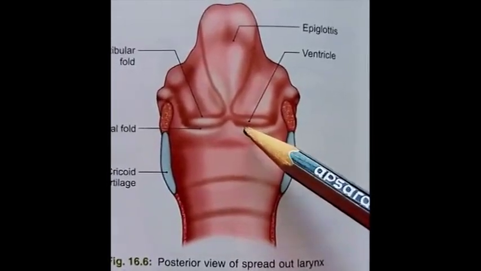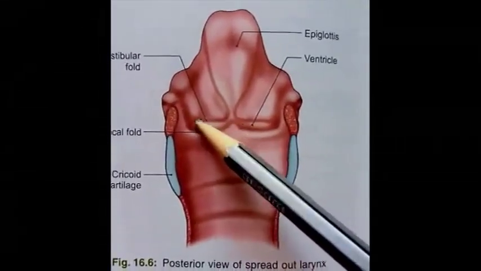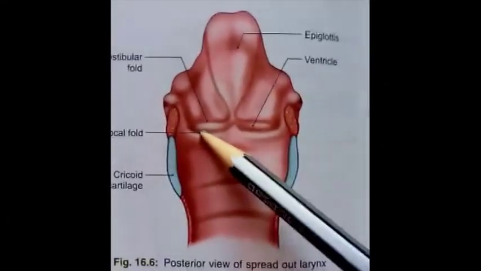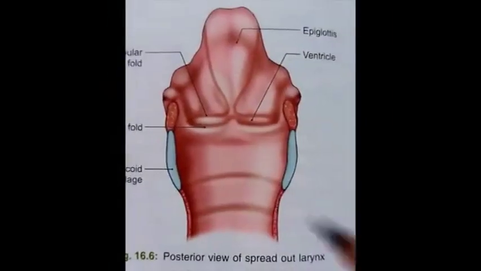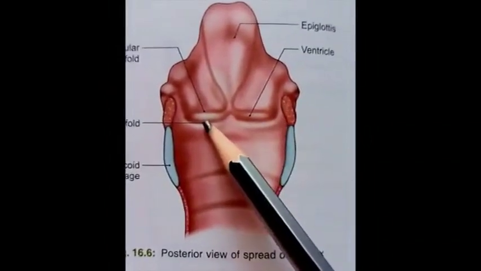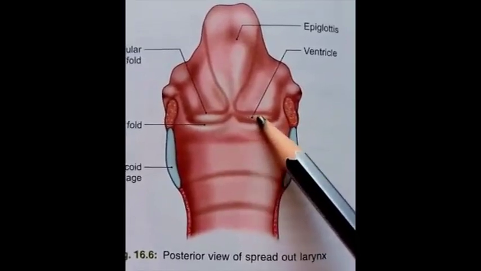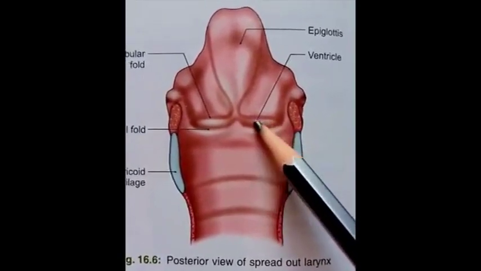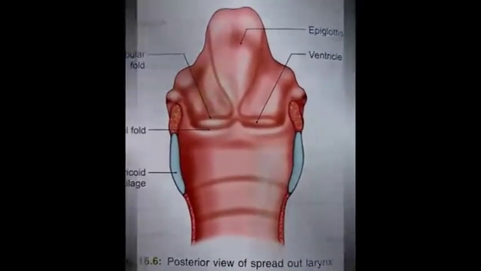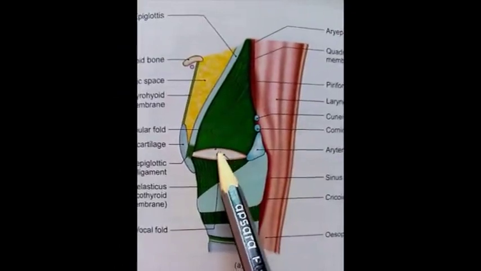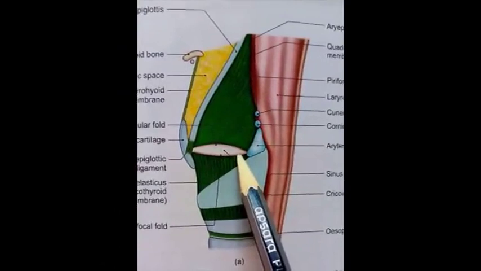The mucous membrane of the larynx, which lies inner to this fibroelastic membrane, is thrown into two folds which are present on both sides, left side and right side. The fold which is present above is known as the vestibular fold, and the fold present below is known as the vocal fold. So folds are present on the left side and right side of the larynx, and the space between these two folds is known as the sinus of larynx or ventricle of the larynx. So both sides have a ventricle. This diagram shows the sinus or ventricle and folds of one half of the larynx.